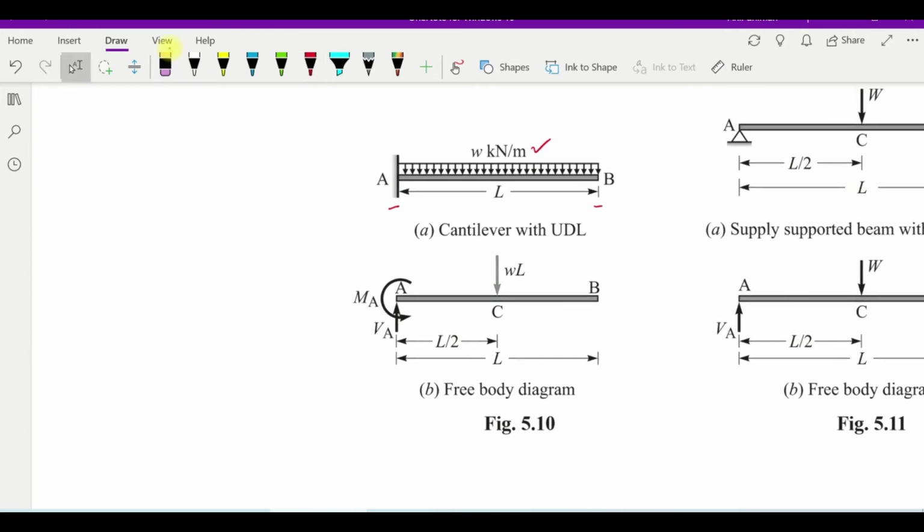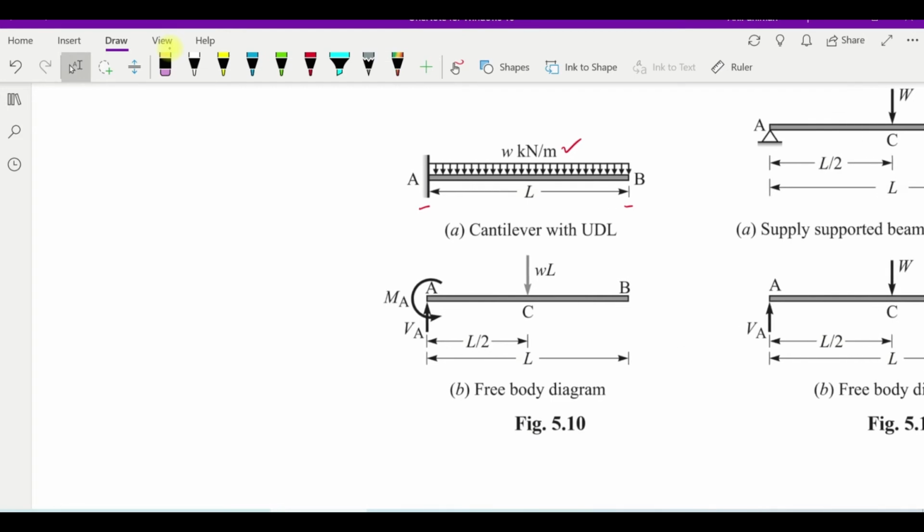And this total load we have discussed with the type of load. The total load can be calculated as follows: intensity into span, so the total load is WL, and it will act at the midpoint of the loading. Loading is applied over the entire span L, so it will act at the midpoint, L by 2. This is only for the purpose of calculation. WL is a fictitious load and must not be replaced with this point load because it is a UDL.